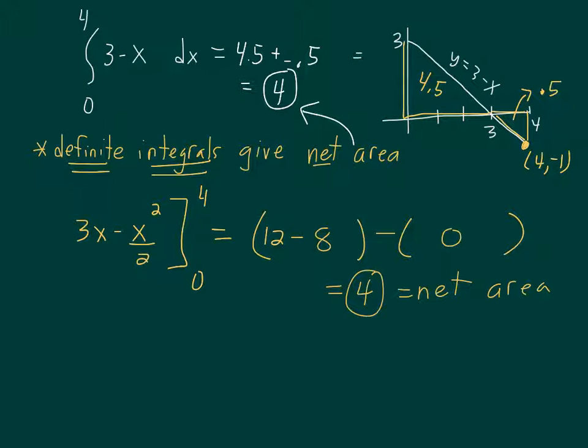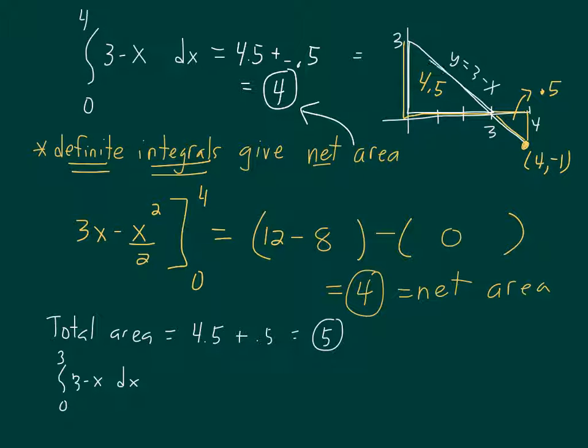Now, suppose instead we were asked to find the total area. Well, the total area is going to take any area below the x-axis and turn it into positive. So this would be 4.5 plus a half, so our total area would be 5. Okay. So what we could do if we were to write this using a couple definite integrals, the area from 0 to 3 under 3 minus x, okay, that would give us that 4.5, right, the area of that triangle